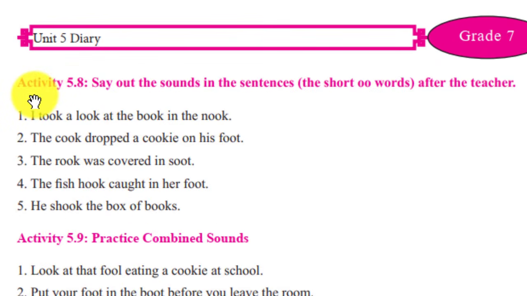The next one, activity 5-8, say out the sounds in the sentences. The short u words after the teacher. እንግዲህ ሾርት ኡ እና ሎንግ ኡ ያላቸውን ማንበብ እንሞክራለን ማለት ነው። ኦኬ ነምበር 1 ላይ ስናይ ሁሉም took, look, book እና ኑክ የሚሉት all have ሾርት ኡ ነው ያላቸው ማለት ነው። took ብለን እንዳትስብ took, look, book ኑክ በሚል እናነባለን።